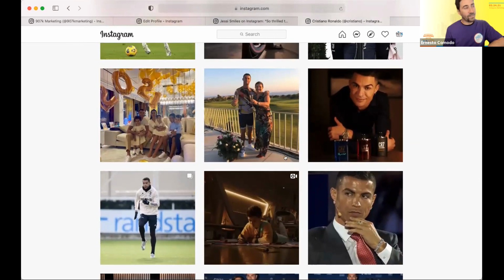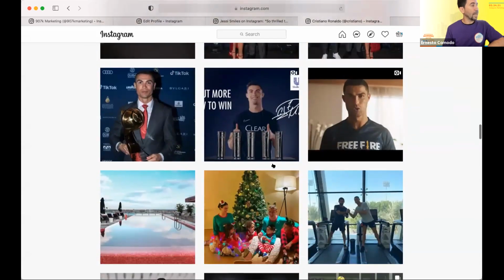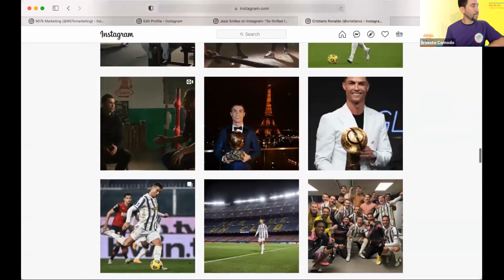He uses his platform of 260 million followers to promote his own products as well. He has his fragrances. He posted the CR7 fragrance and got over 30,000 likes from just one post. And he does the same thing with